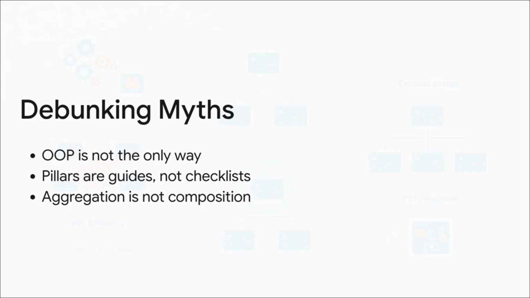They're guiding principles. You use inheritance or polymorphism when the problem actually calls for it, not just to tick a box. And finally, a super common mix-up. Aggregation and composition are not the same thing. Remember, aggregation allows the parts to exist totally independently, while composition is a strict dependency where the part dies with